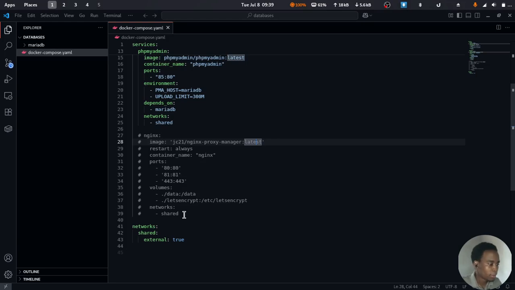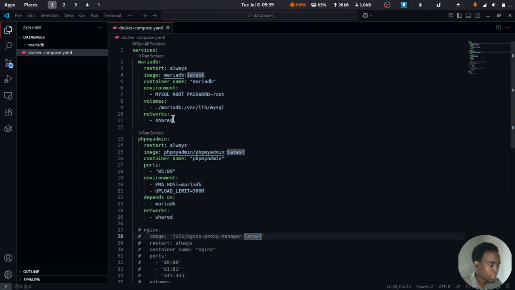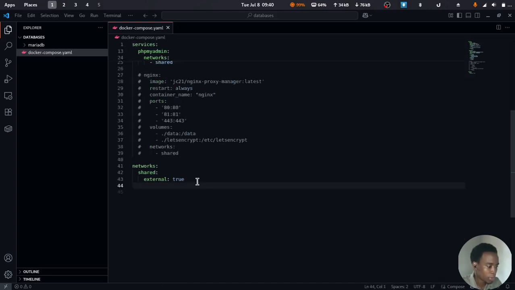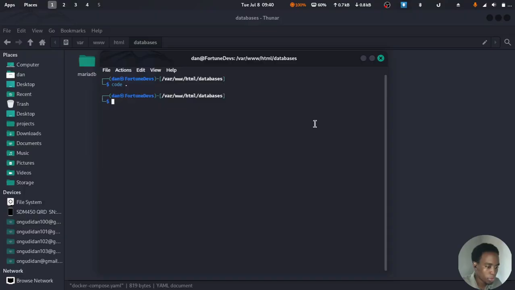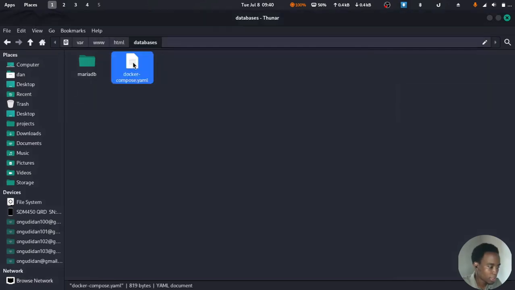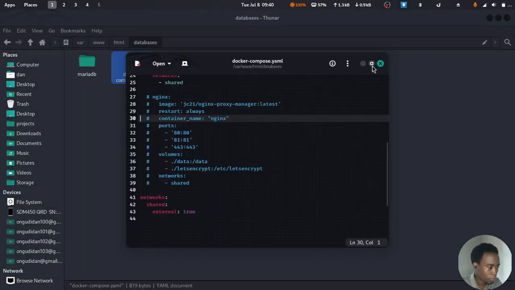You need to make sure that you have the MariaDB container being created here. And also, if you want to access the MariaDB using phpMyAdmin, you also need to run the phpMyAdmin container. Here is where we have them defined, and then down here we specify the network that they are all in. So you need to make sure that you also create this network. If you go to those containers that have been created, let me look at it one more time. I'll show you something. So for the MariaDB,